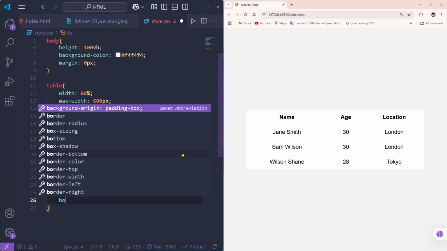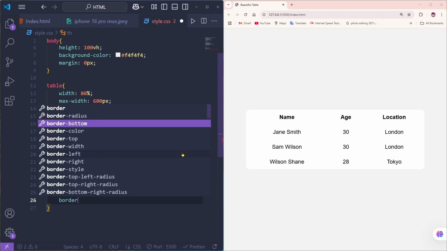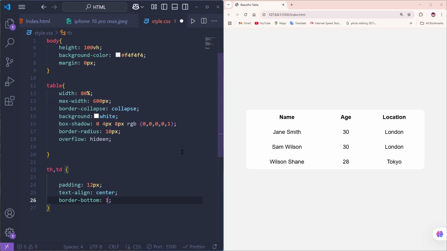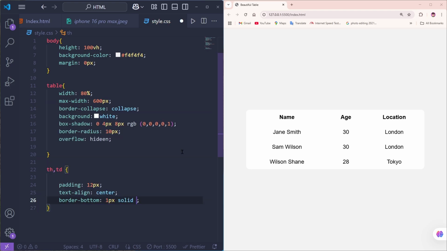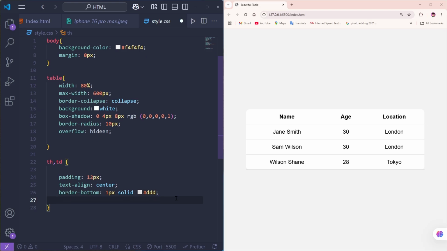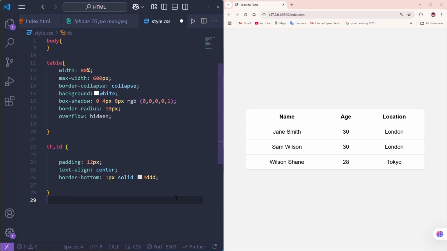We're going to add the border bottom. So the border bottom should be 1 pixel, solid, and give the solid with hash DDD. Going to save it. And now as you can see, we gave a border on the bottom side, and it is about 1 pixel, and the solid color is DDD, as you can see, triple D. And then we're going to go for our next